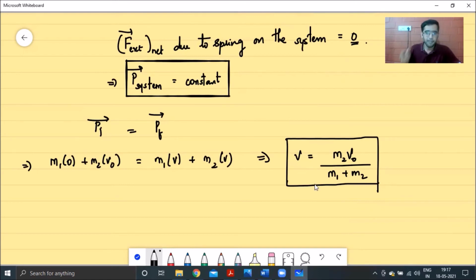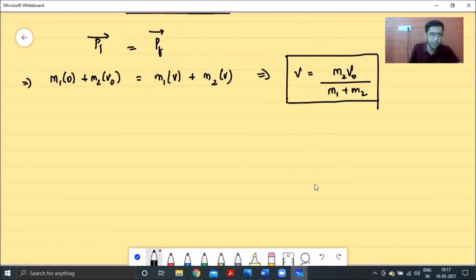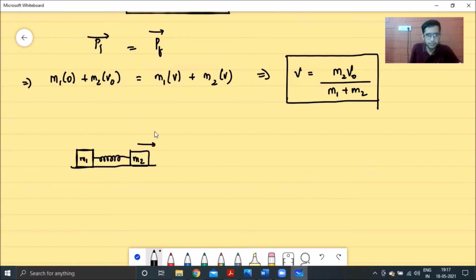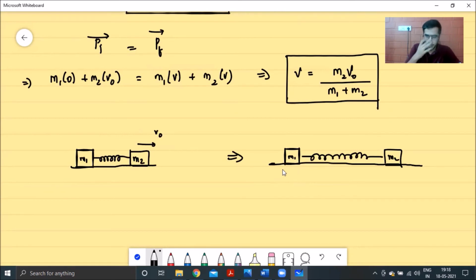And now from this, we can find out what the maximum elongation of the spring will be. So once again, considering the case from the initial condition to the final condition, from here to here, the only force acting on it is the spring force. There are other forces acting as well. You have gravitational force, you have normal force as well, right? But again, they're acting along the y direction, so it doesn't matter over here.